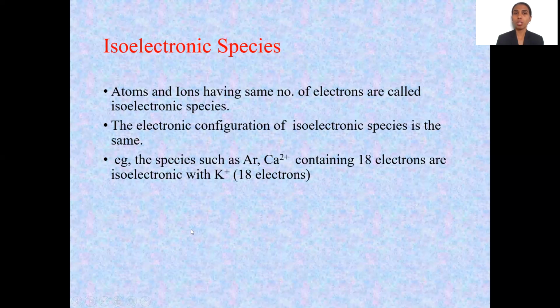Now the next point of this chapter is isoelectronic species. Now what is isoelectronic species? Atoms and ions having the same number of electrons are called isoelectronic species. Iso means same. Isoelectronic means atoms or ions whose number of electrons is the same will be called isoelectronic species. The electronic configuration of the isoelectronic species is the same as the number of electrons present in those species is